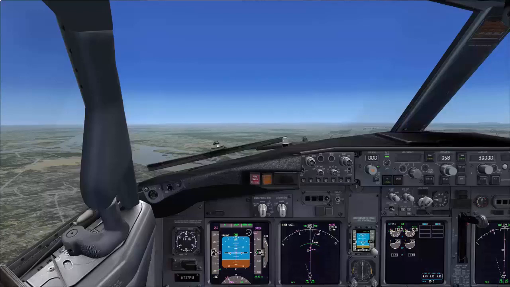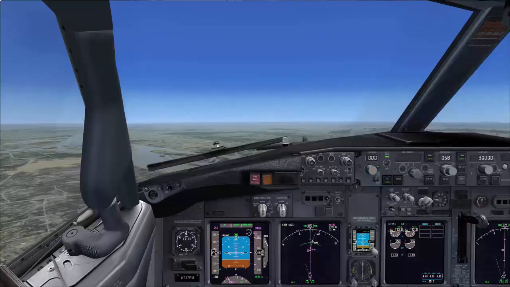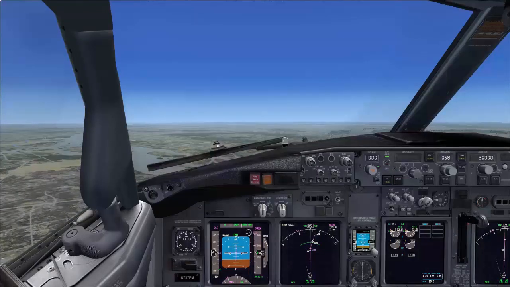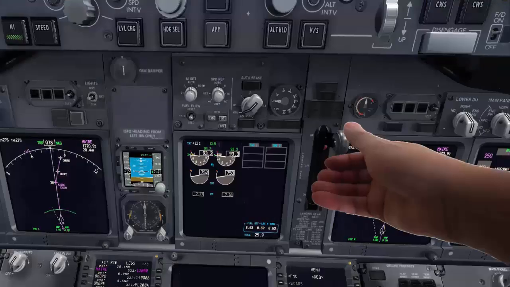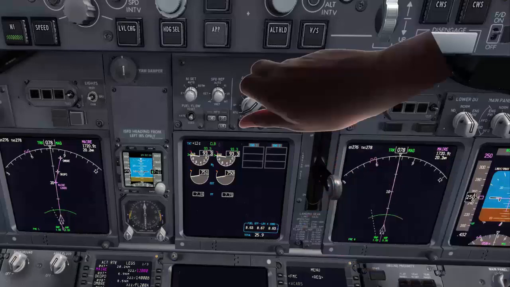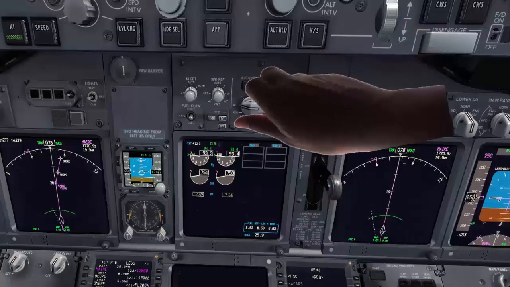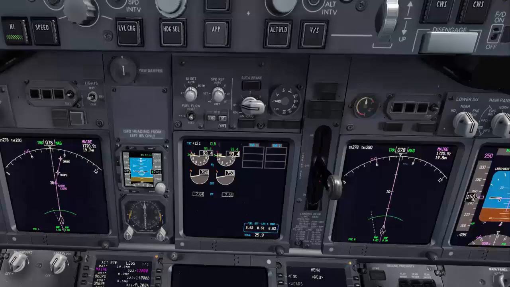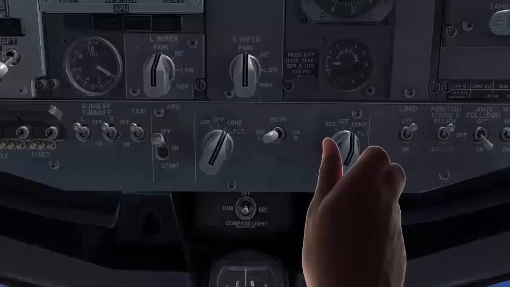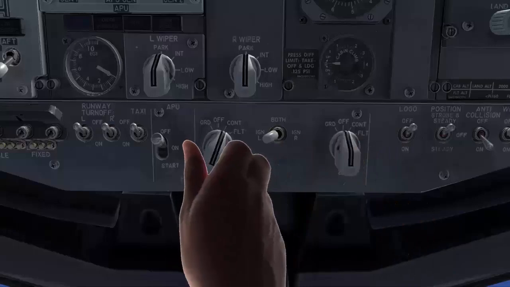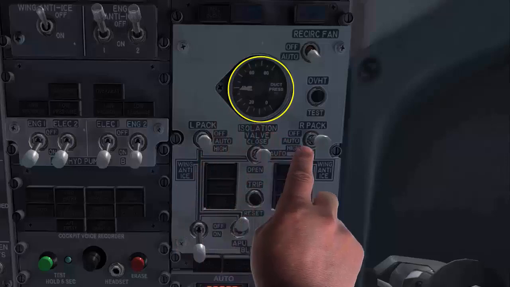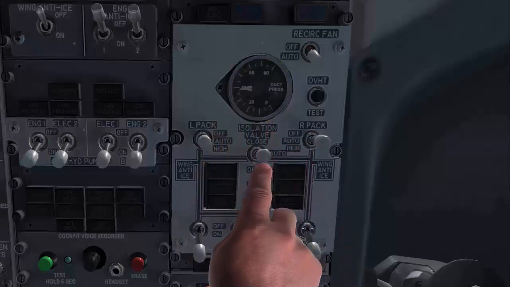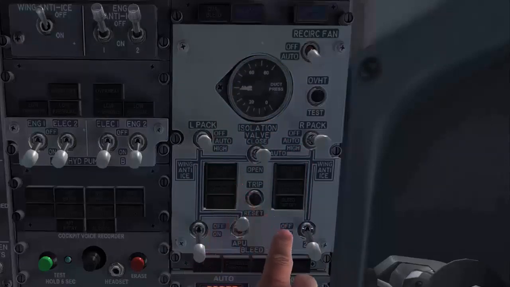After we have engaged the autopilot so the workload is released, let's complete the after takeoff check. Landing gear off, auto brake selector off, starter switch off,